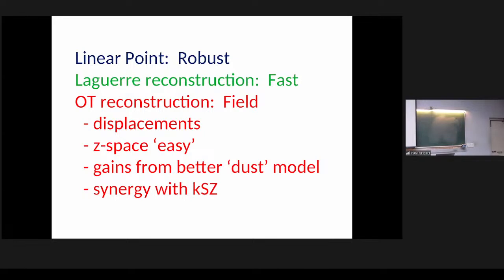What is this dust model? Okay. So there are other ways that people have of doing the reconstruction. This optimal transport is a recent one, but there are others. The thing that is nice about this optimal transport is you make this assumption that you just have to go back to an initial grid. So you didn't have to make a model dependent thing that has some prior about how far everyone has to go back to the initial grid. So that's attractive, but it comes at a cost.